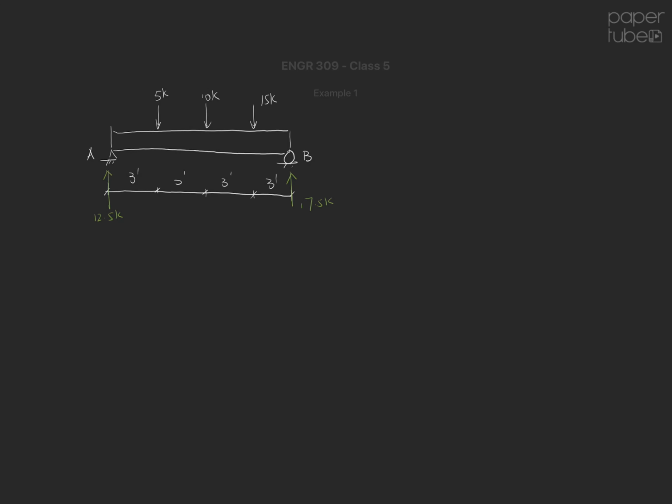This is our simply supported beam. We have three point loads on top of it: 5 kips, 10 kips, and 15 kips. And I gave you the reactions, so I'm pretty confident that you all know how to calculate your reactions. If you still have difficulty doing so, please make sure you see me and we can go through those, right? And with that,